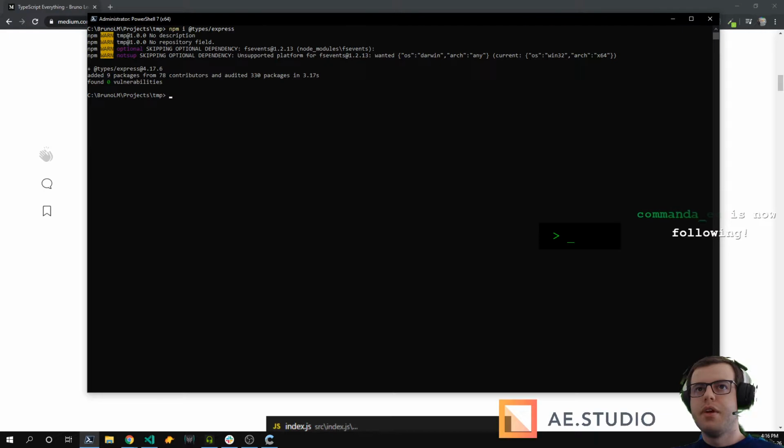If the types are not in a package, you install a package, @types slash the package name. For example, I can install types for Node by doing @types/node. I think you can do it for Express. I don't remember if Express is built in or you have to install, but it's available to install from here.